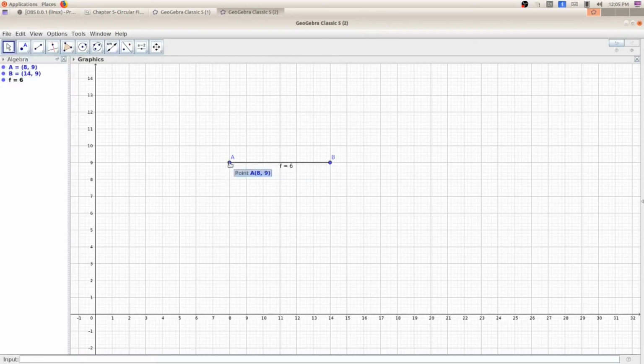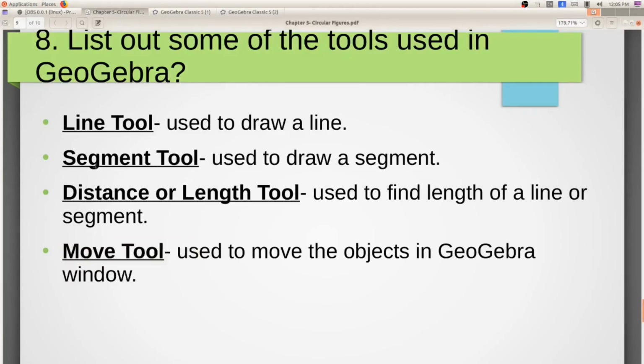Now you can click on point A and move it like this, to whatever position. If you want to move point B, you can click on point B and drag. Click and drag like this. Hope all are clear about these three tools.